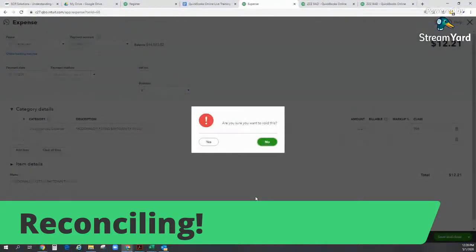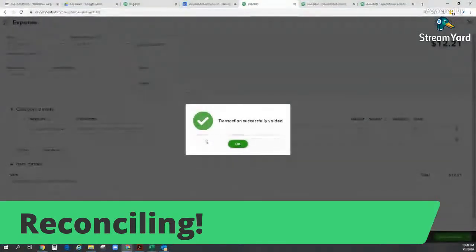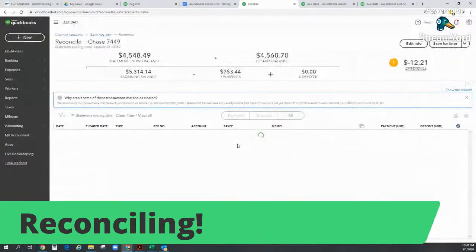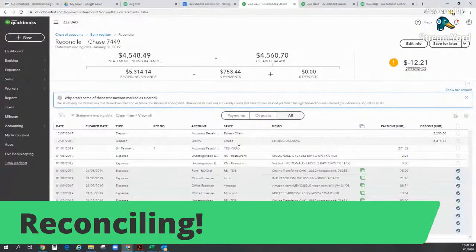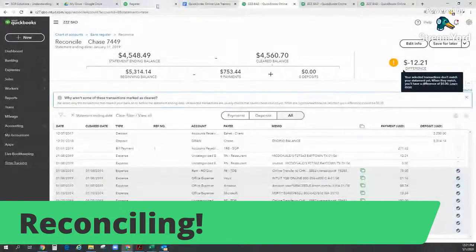When I void this transaction, and that's not the green button, when you void, it's the white button, it's going to unmatch this transaction. The one that was in the system that said 1221 is now 0. I'm off by 1221. If I go back to my register,